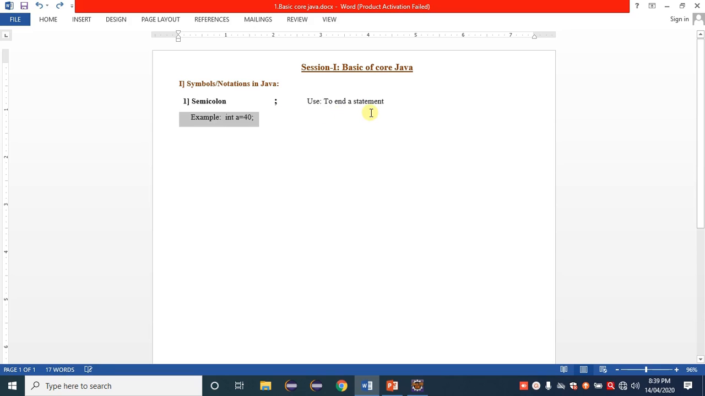For example, simply consider an example. Here I have written one data type from the int family, that is int a is equal to 40, and after that we provided a semicolon. So what is the meaning of this semicolon? This semicolon simply indicates that int a is equal to 40 is a complete statement and that the statement has ended. So here we put a semicolon. Next symbol we are discussing here is